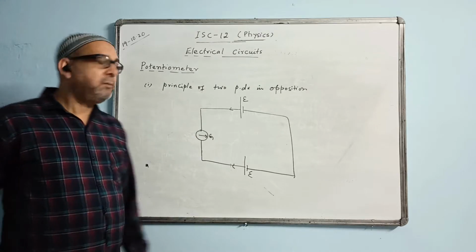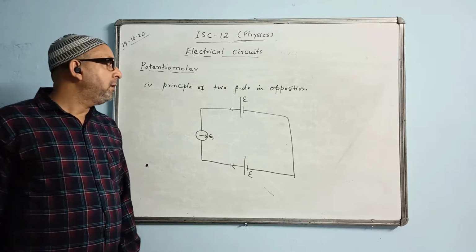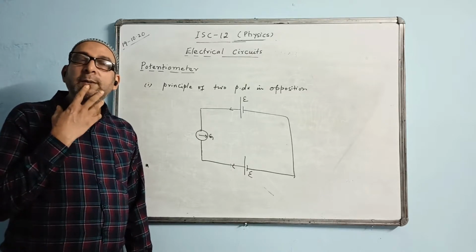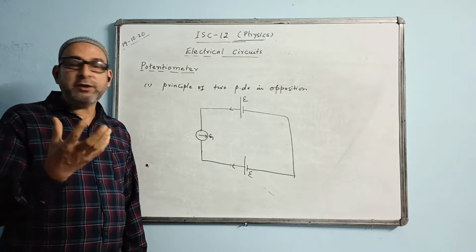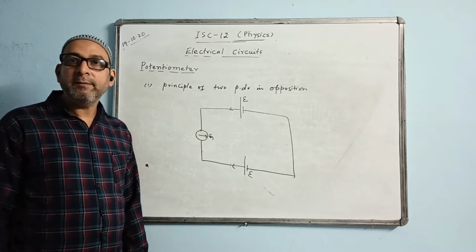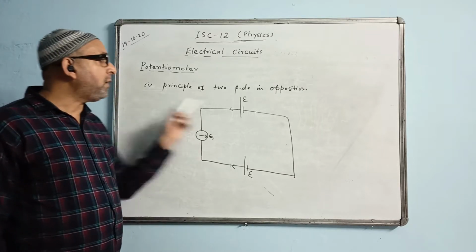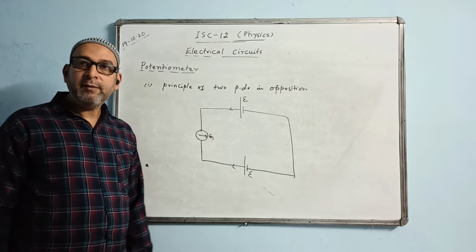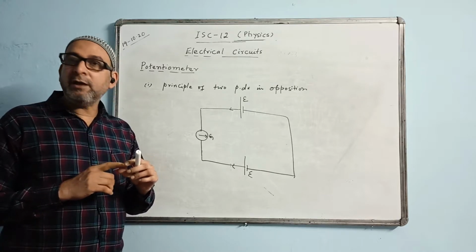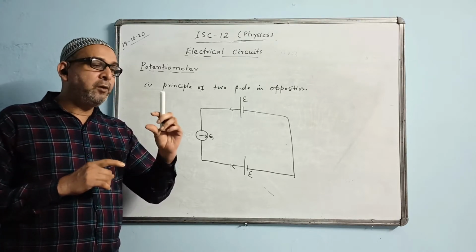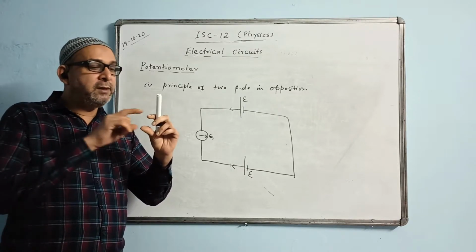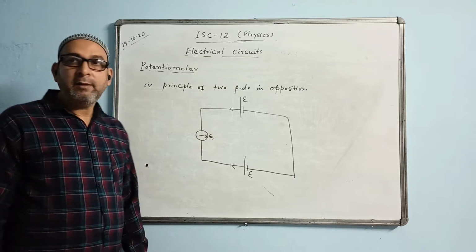Okay, you can understand this one in this manner. What is a voltmeter? We say a voltmeter is an instrument which measures the voltage, or the terminal voltage of a cell or of a circuit. Whereas, what measures the EMF of a cell? EMF definition says that it is the potential difference between the terminals of a cell when no current is drawn from it. Only then, whatever voltage is measured, that is called EMF.